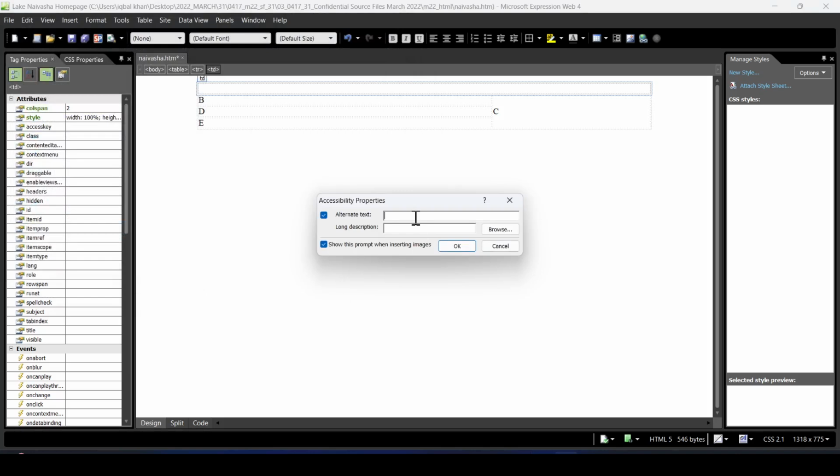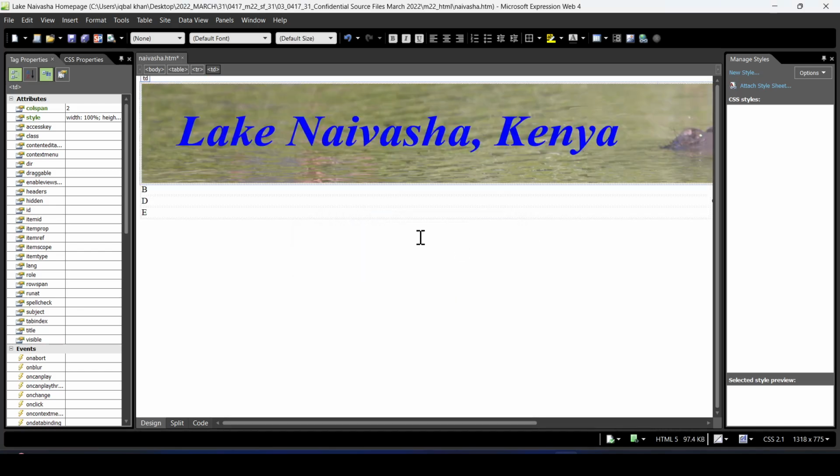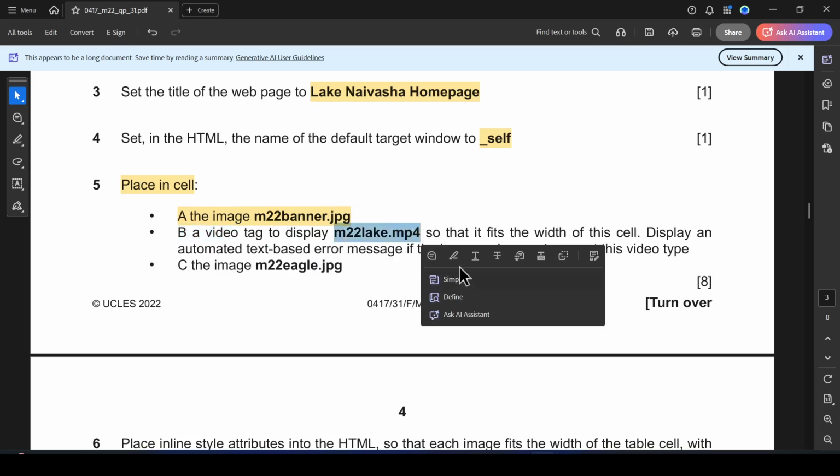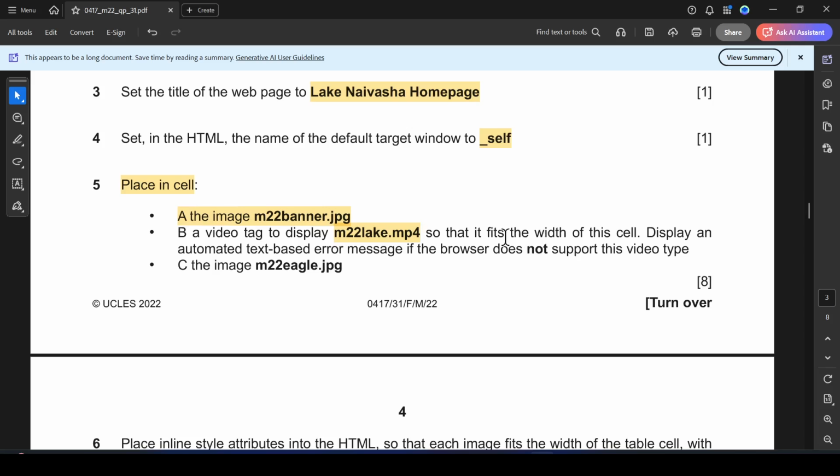Even though, students, as I advise you, if they did not mention any alternate text, it is better to keep alternate text, banner, and then press OK. Perfect, done. Next, in cell B, a video tag which is M22 lake.mp4, so that it will fit